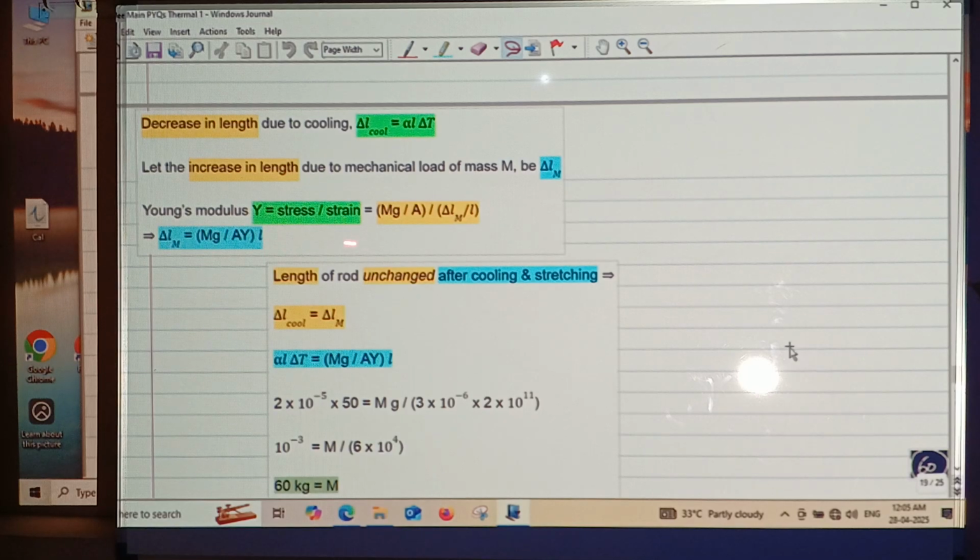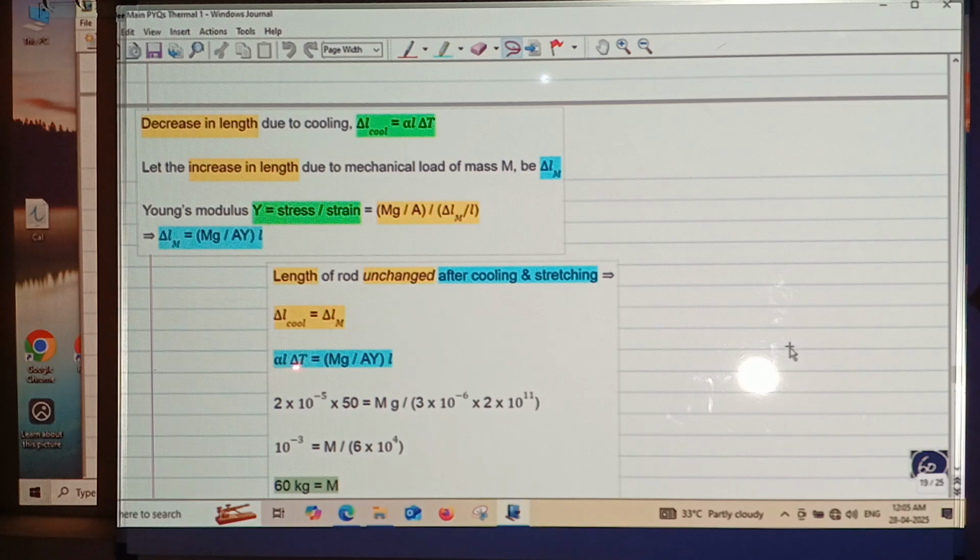So since the net change in the length is 0, or the length of the rod is unchanged after cooling and stretching, these two should be equal magnitude wise. Actually this will be negative because delta T is negative and this is a positive quantity. The sum should be 0. So magnitude wise these two should be equal. So if you take the magnitude, alpha L delta T equals mg by A by Y into L, alpha is given in the question, length